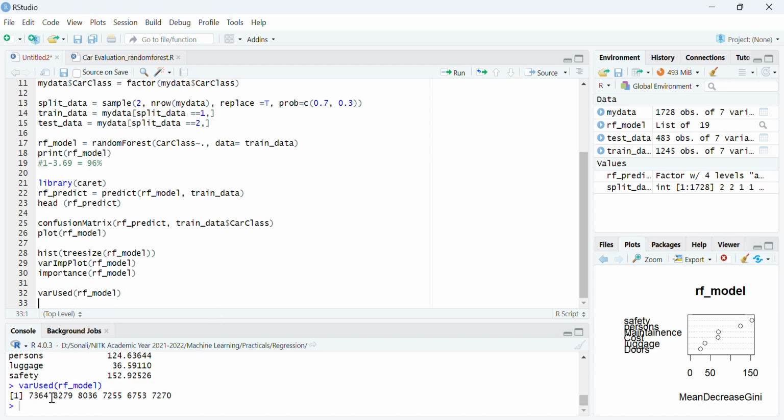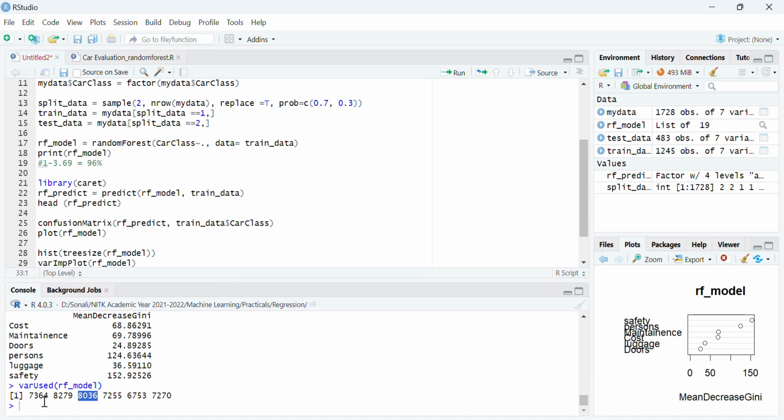So the first one is your cost. Cost is being used 7364 times. Maintenance has been used 8279 times. Doors, then this is for the persons, this is for the luggage, and this is for the safety.